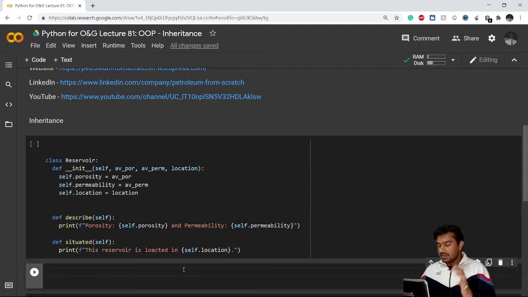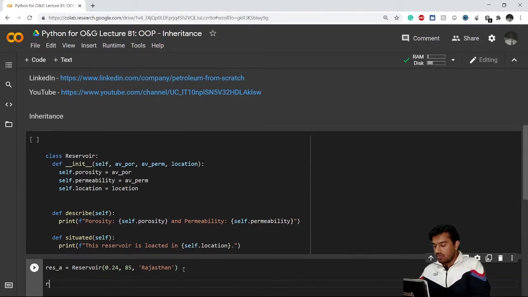So if I create an object, again I'll use the same, res_a is my object of class Reservoir. It takes average porosity, let's say 0.24, permeability, let's say 85 millidarcy this time, and my location is Rajasthan. Great. Now if I go for my methods, res_a dot describe method, it will give me,